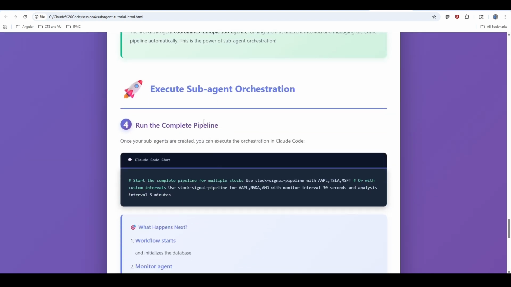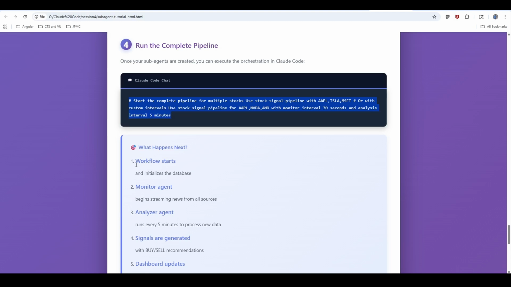So finally, in the execution of this orchestration, once we place those sub agents in the .claude agents directory, you can go to your Claude Code CLI and ask, hey, I want to monitor Apple, Nvidia, AMD stocks for an interval of 30 seconds, and monitor for 5 minutes. So finally what it does is it triggers the workflows, and the monitor agent will be streaming the news from all the sources,